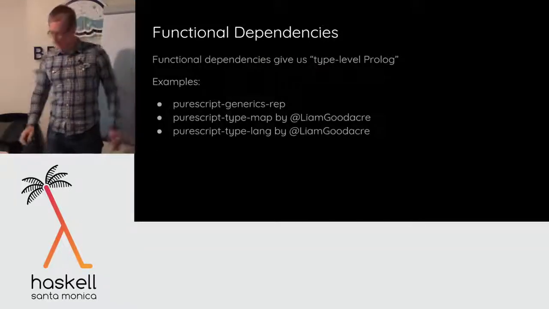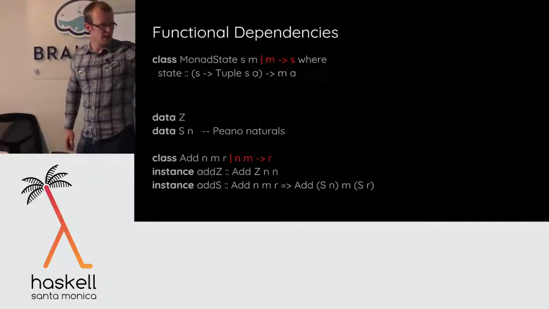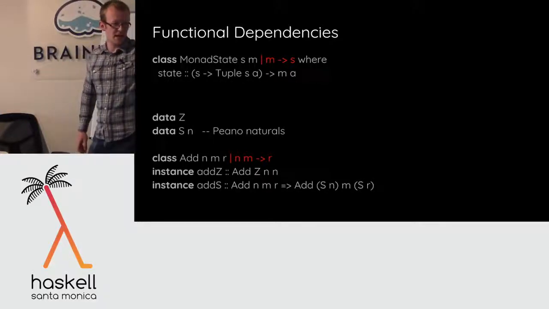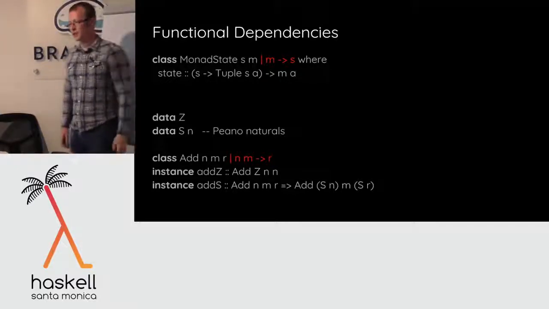I still don't understand the last statement in those 3 lines. This one? Yeah. Okay. So is the first one clear? If you add 0 to n, you get n. Yeah. So this one says there's an implication here. This is like the subgoal. If this is true, then this is true. If you add n to m and it results in r, then adding the successor of n to m gives you the successor of r. Okay. Yeah.